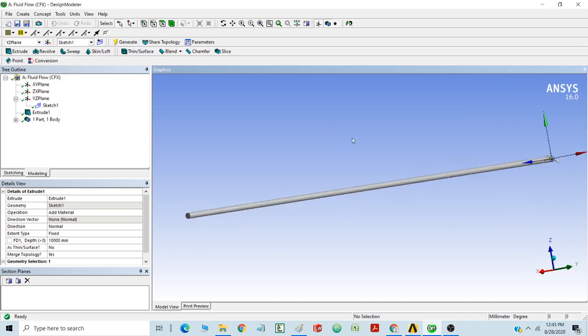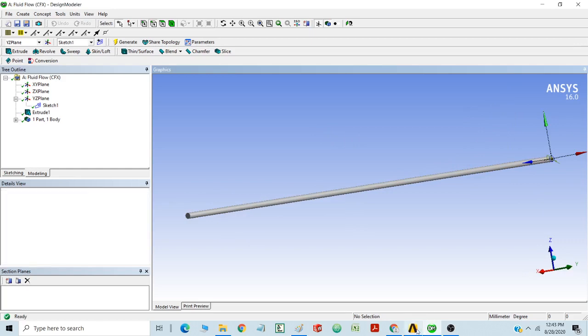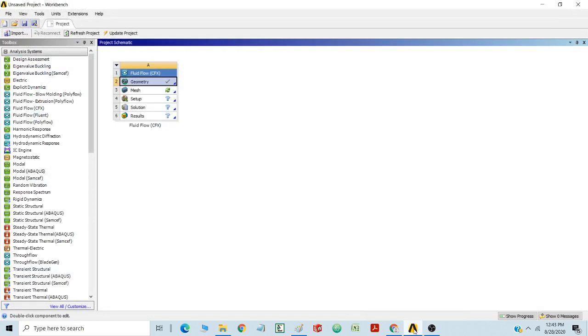So exactly we are replicating the geometry here. Now we are going to close this up. After closing this, the next step is to do the meshing. So I am going to click the meshing tab.